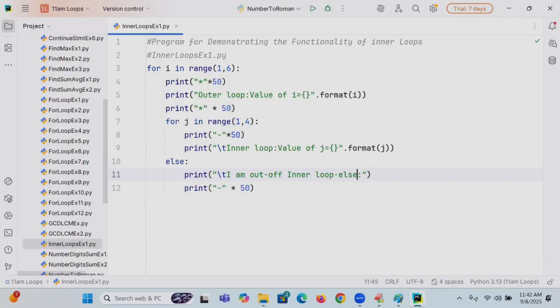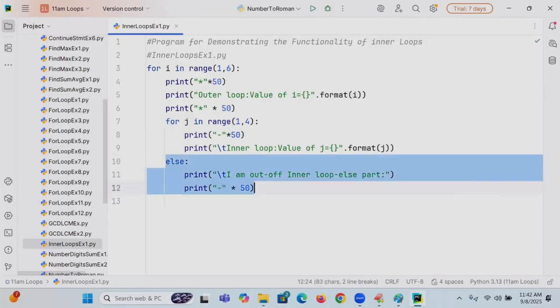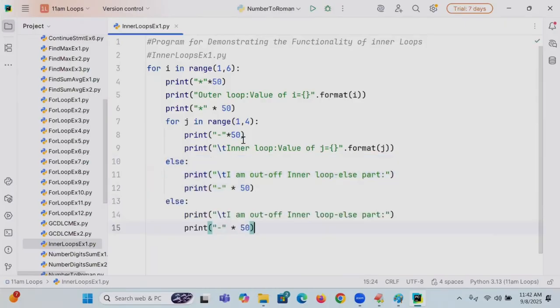If you want, you can write it as else part. This is the value printed. Same thing I will write. This is only to show you the model of how to execute. That's all. So here I am writing